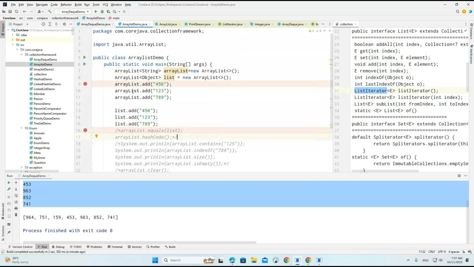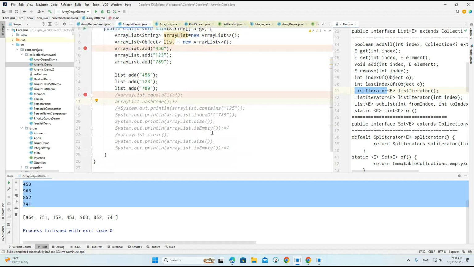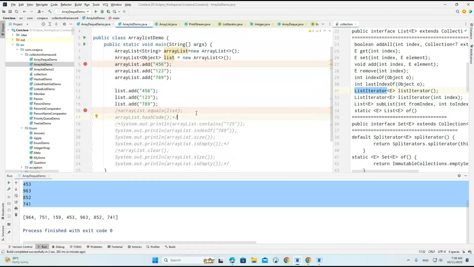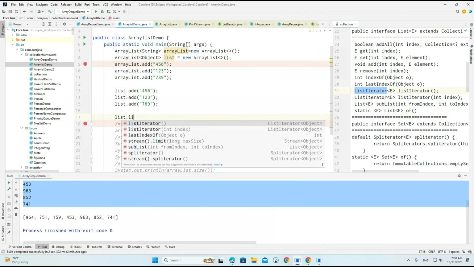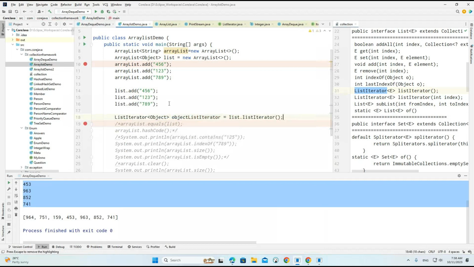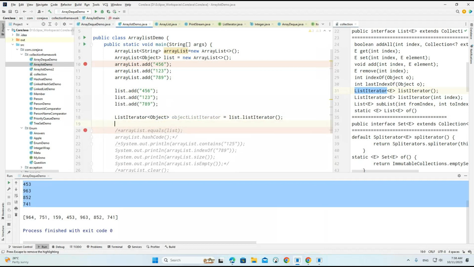Now here, these are the classes we added. We'll work on the ArrayList of String. So now we'll work on the list.listIterator. This is a list iterator object we are having. Now whenever we are using this particular list iterator object,